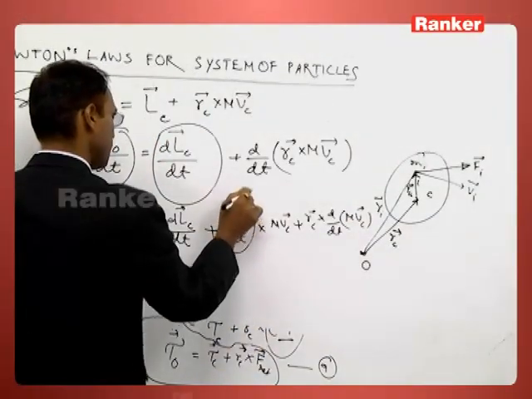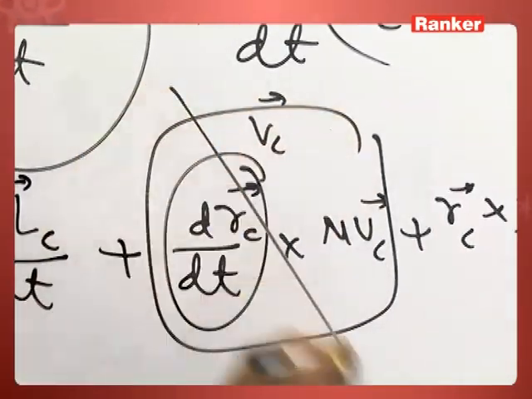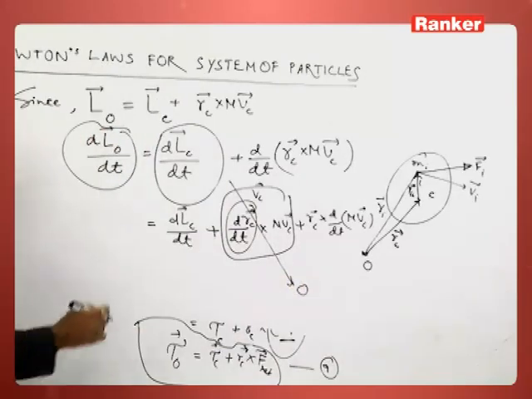Since dRC by dt is equal to VC and VC cross VC is 0, the entire term will vanish. Then we are left behind